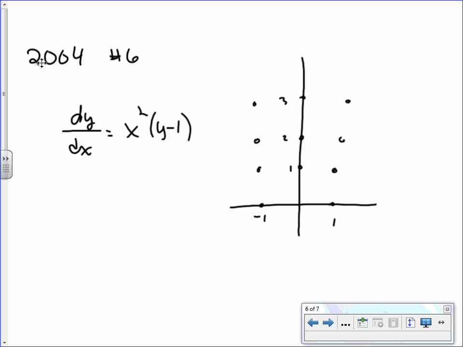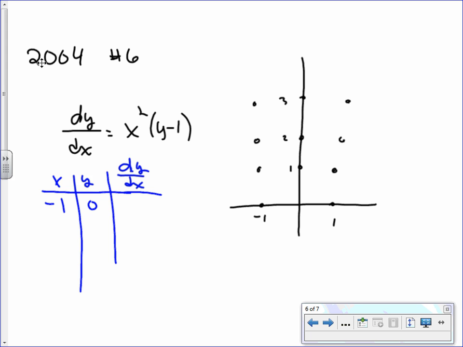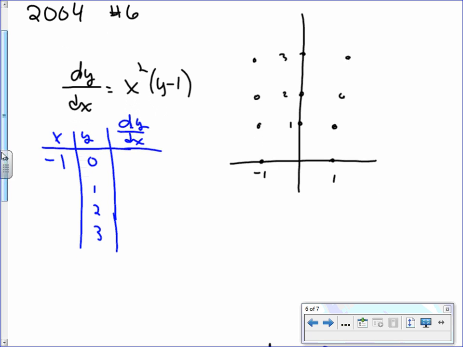I would encourage you on these tables to set one thing to be the same and only change the other one. So I'm just going to start at the left side of the table, which is at x = -1. I'm going to let x be -1, and I'm going to do y equals 0, 1, 2, and 3. And whether you put it in a table or not, that's just if that helps you, okay? If you don't need to put it in a table, if you can see this part in your head, then that's fine, okay? So plugging in -1, you'll notice here x squared, -1 squared is 1,